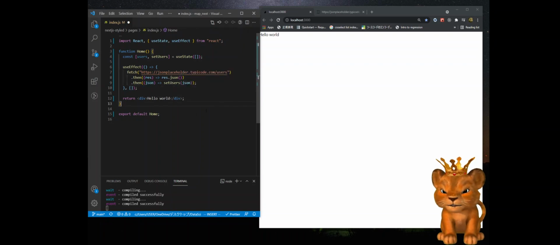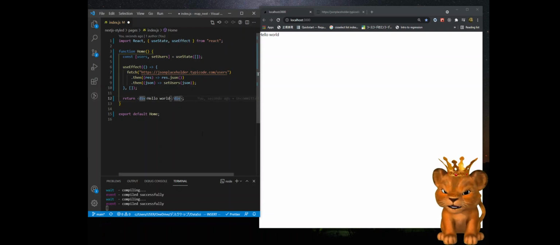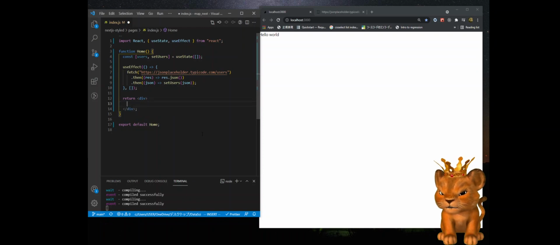Yes. Now this JSON is set inside the users, and now we can use it. So inside here, not the hello world, but what I want to do here is to map the user. So users dot map,